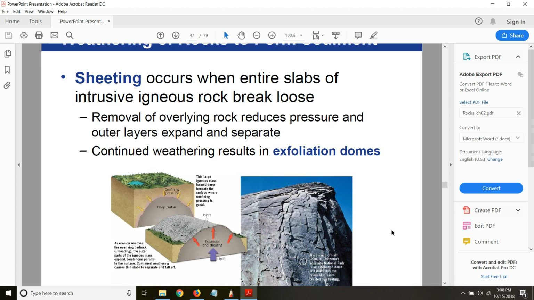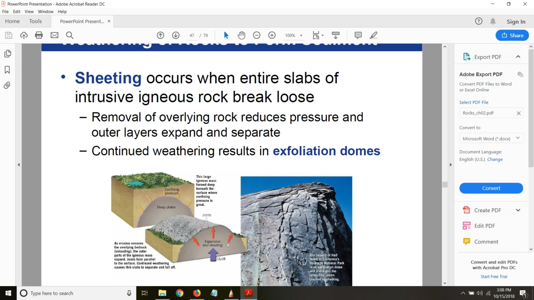Sheeting occurs when entire slabs of intrusive igneous rocks break loose. So here is an example of sheeting, and this is figure 2.17 in your textbook. This is also a smart figure, so look up the caption of this figure, and you have a link. You can go to that link, and it will show you some animation and explain the process of sheeting,